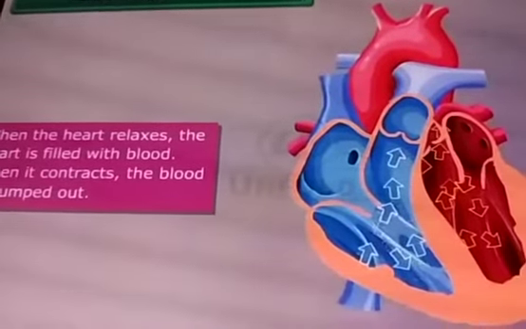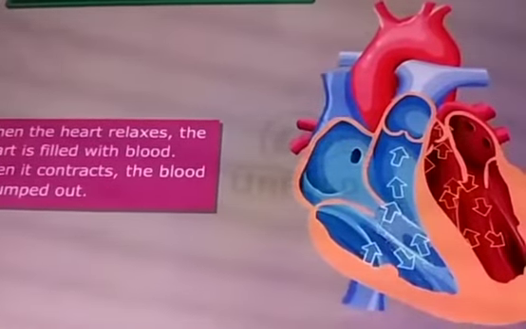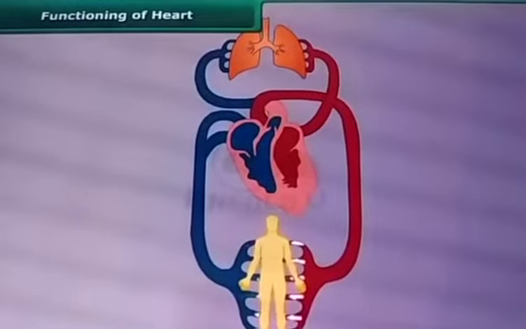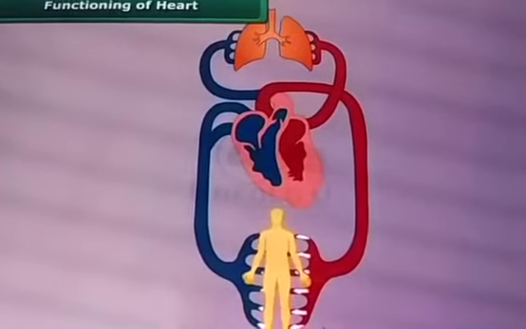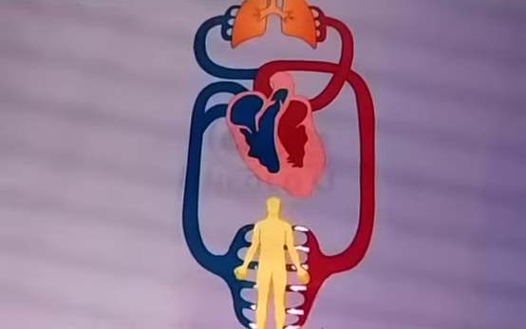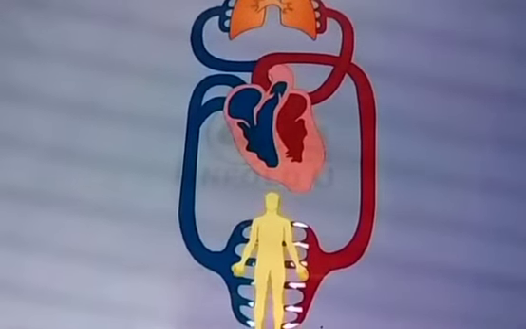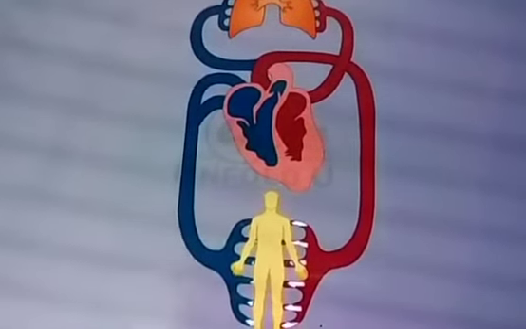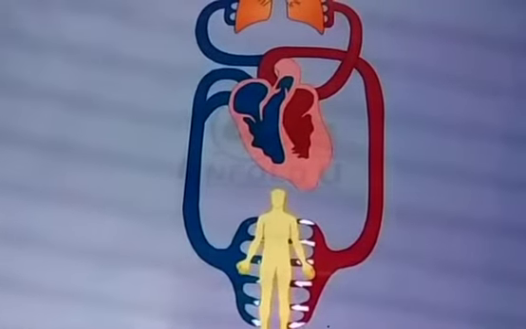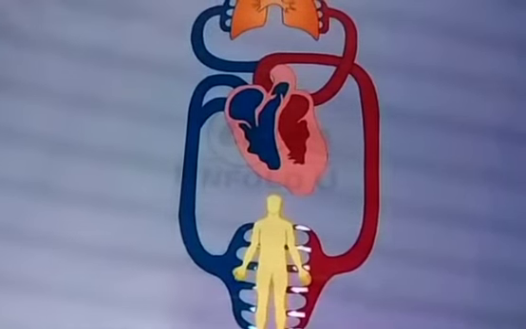You know, animals such as sponges and hydra do not possess any circulatory system. The water in which they live brings food and oxygen as it enters their body. The water carries away waste materials and carbon dioxide as it moves out. Thus, these animals do not need a circulatory fluid like blood.